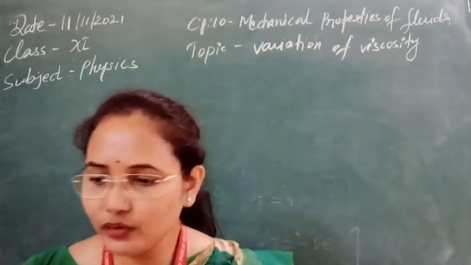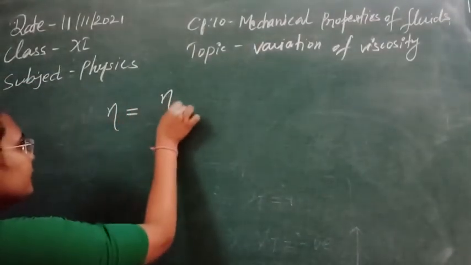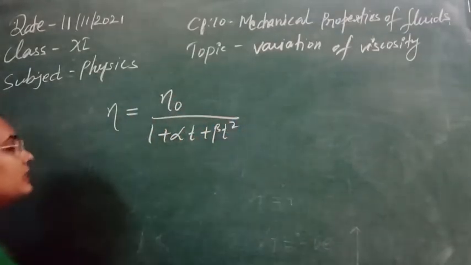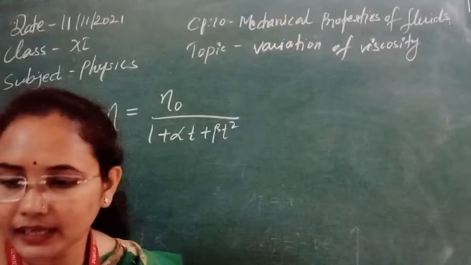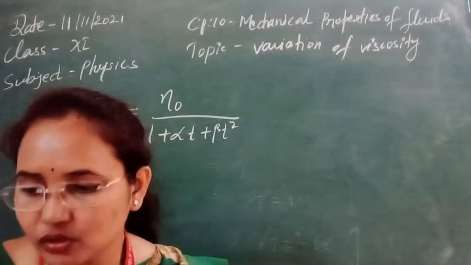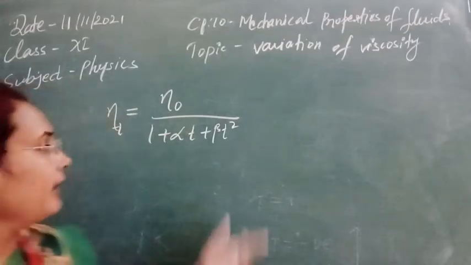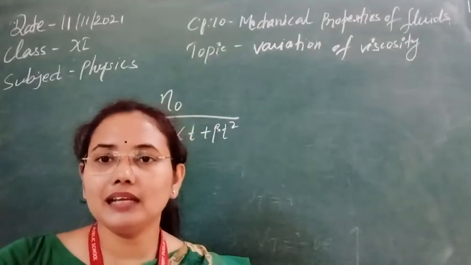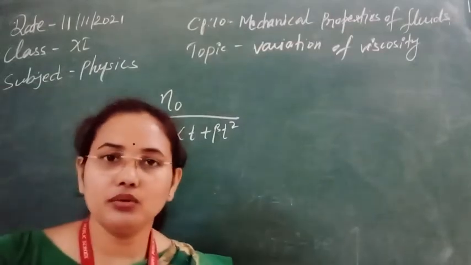So that is the first factor. If you want to see how it varies with temperature, it is given by eta t is equal to eta 0 times (1 plus alpha t plus beta t square). So it varies with temperature by this relationship, where eta t and eta 0 are the coefficients of viscosity at t degree Celsius and 0 degree Celsius respectively, and alpha and beta are constants here. So at any temperature t, if you have to calculate viscosity, you can use this if you know the viscosity at zero temperature.